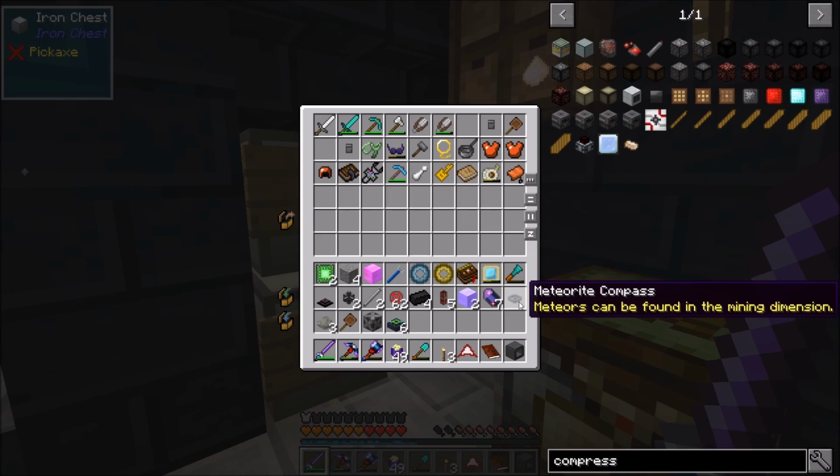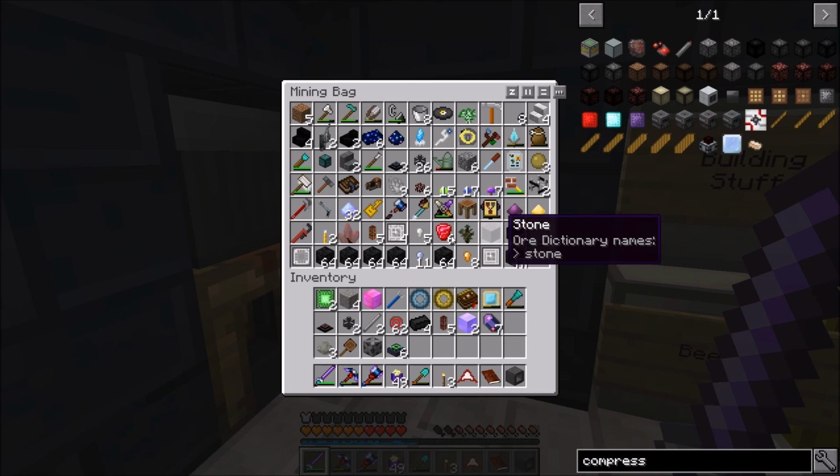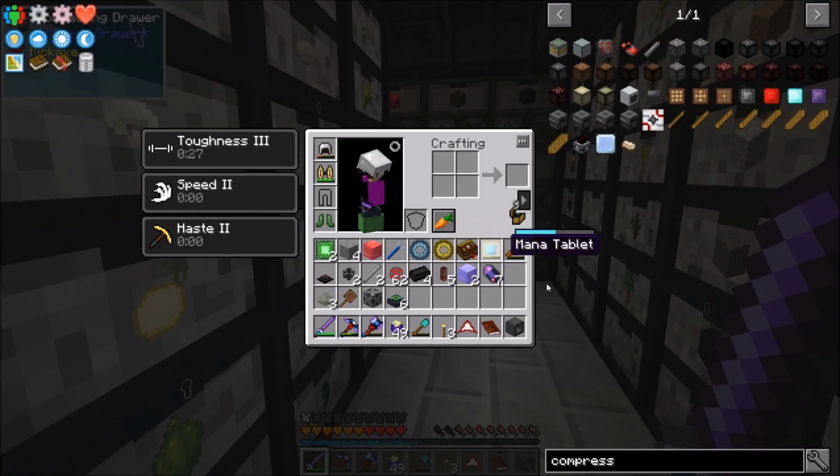Okay, I'm going to put our meteorite compass in there. We don't really ever need this thing again. Finally, look at this. 4 calculation, 3 engineering, and I got 1 silicon and 1 logic. Finally got all 4 of the presses that we need. And so now what we can do is...